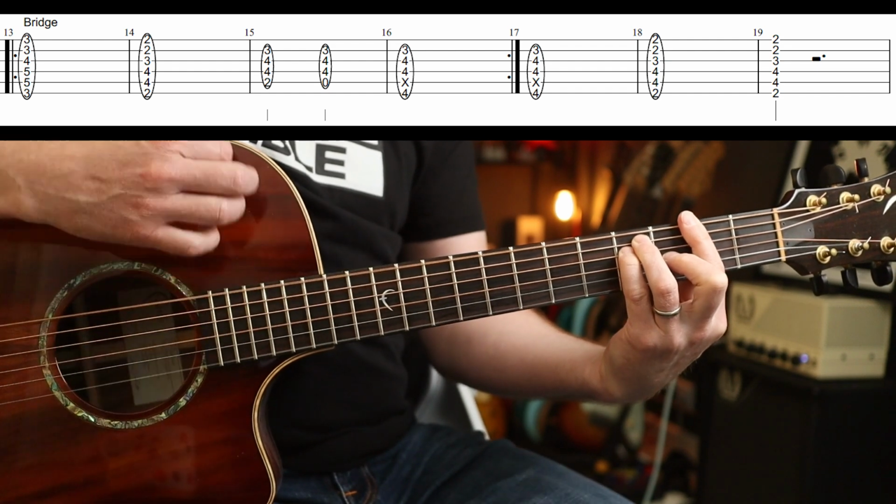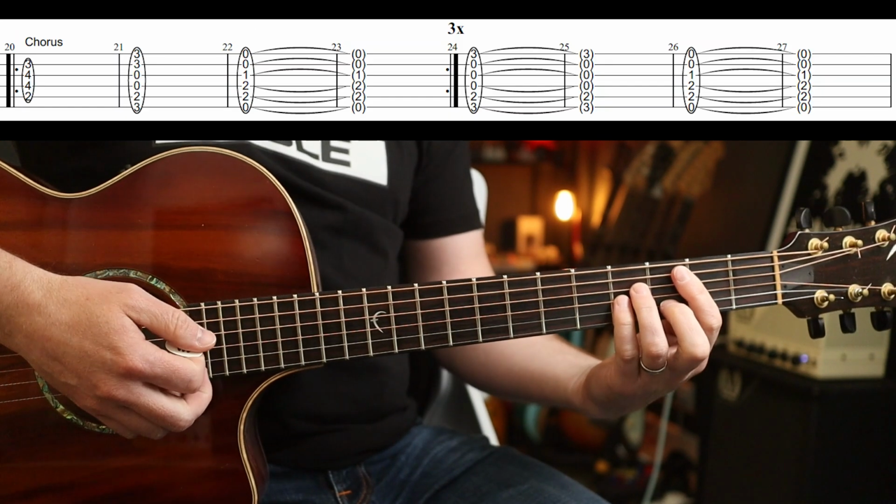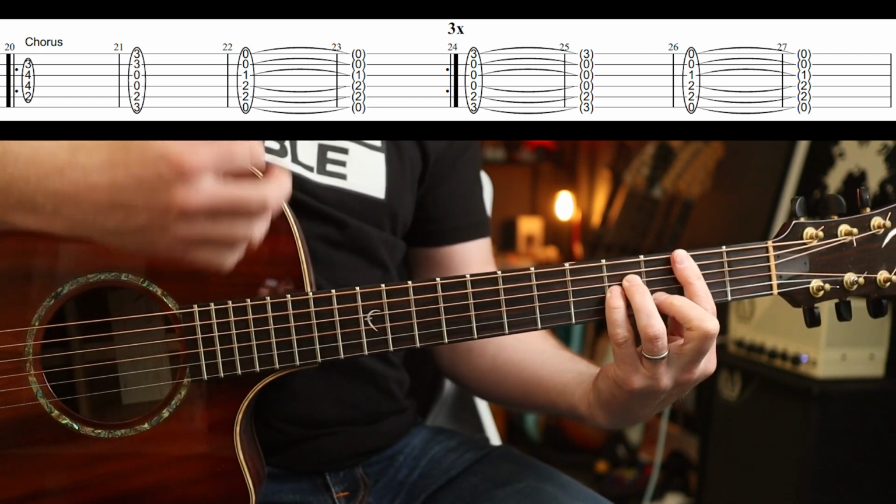Into the chorus. It's getting good. Chorus is basically the intro. So you already know those chords, and it's just with the same strumming. So it's going to be...